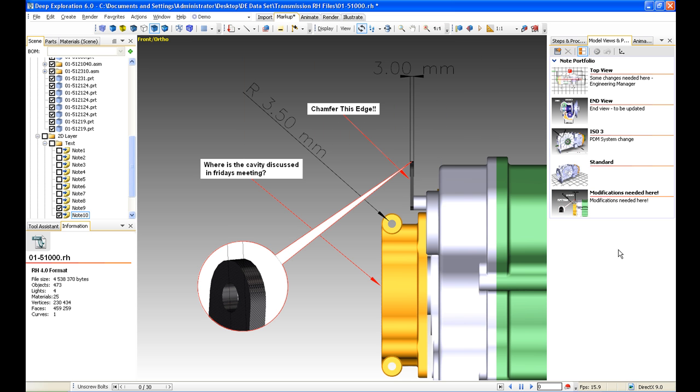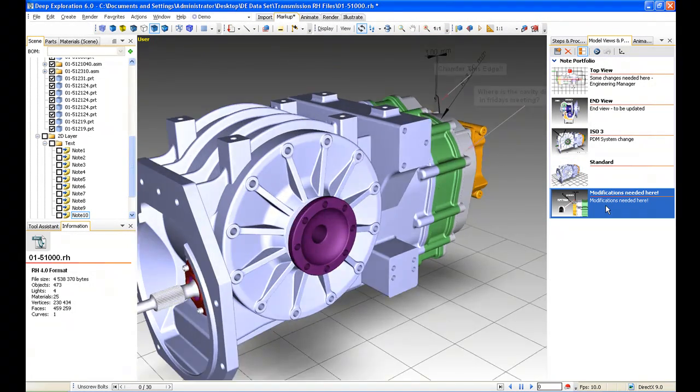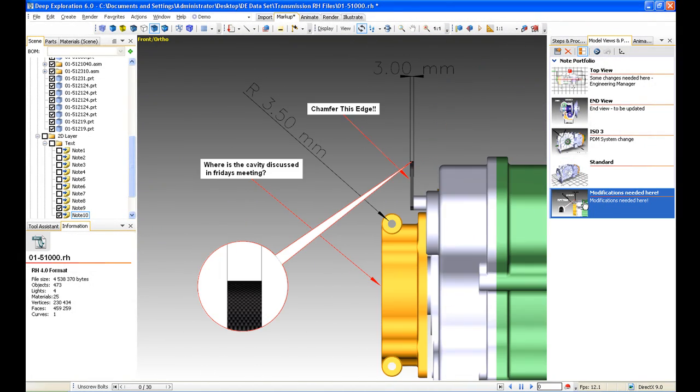So you can see if we go back to our standard view, then we've got no notes, and this is the new view that we've just created. So that's a brief overview of